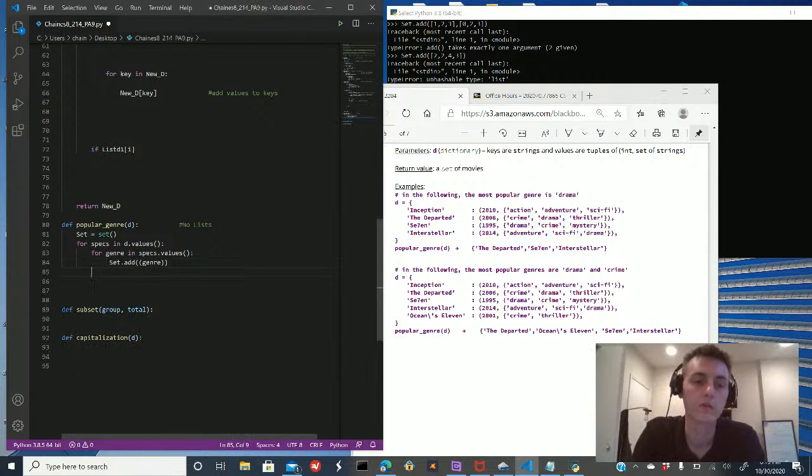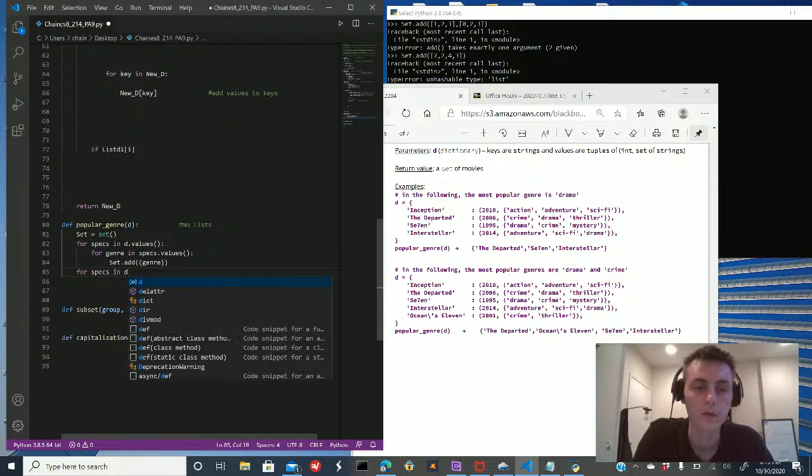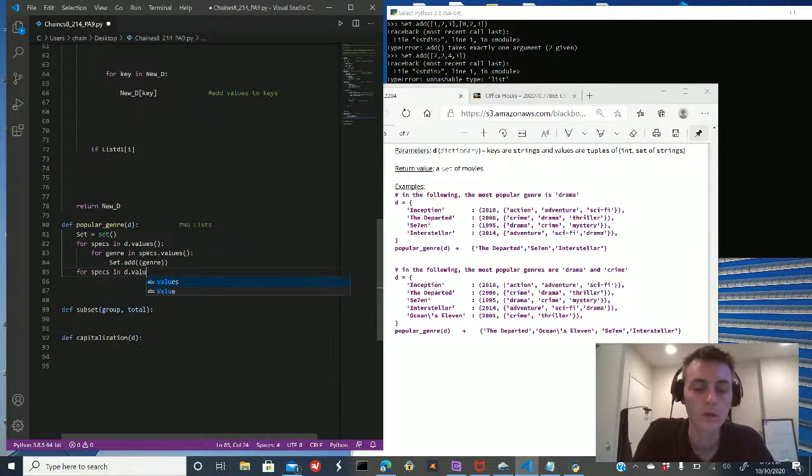So now let's do another for loop and say, so for specs in the value, for genre in specs values,